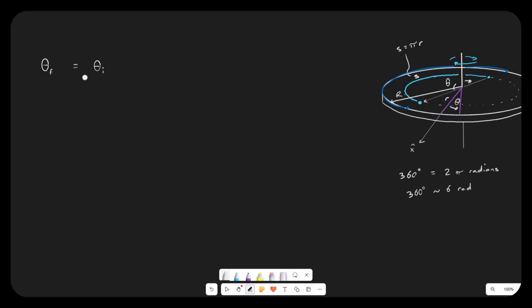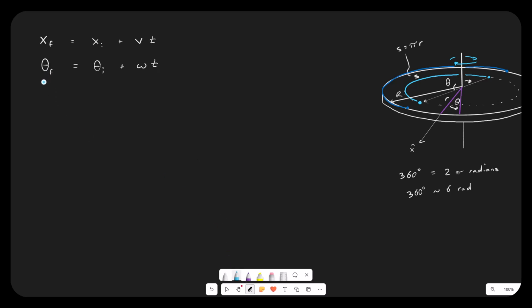So theta final would equal theta initial if we rotate this thing at a constant rate. What I had before with linear terms was that x final was equal to x initial plus a speed times time. Well, I can do that here too. I'm going to say my final position is equal to my initial position plus a rotational speed times time,